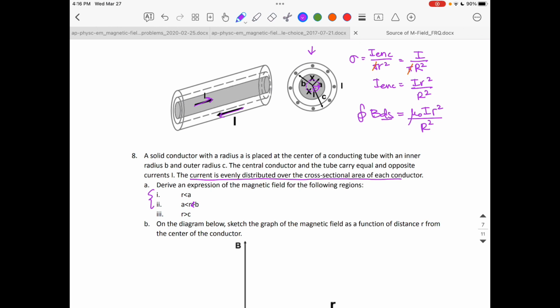So as we go through the entire loop, we're going from 0 to 2 pi r. So this is B times 2 pi r is equal to mu naught I r squared over big R squared. This little r reduces that r, and we get B is equal to mu naught I r over 2 pi big R squared. So here we've got our expression for A,